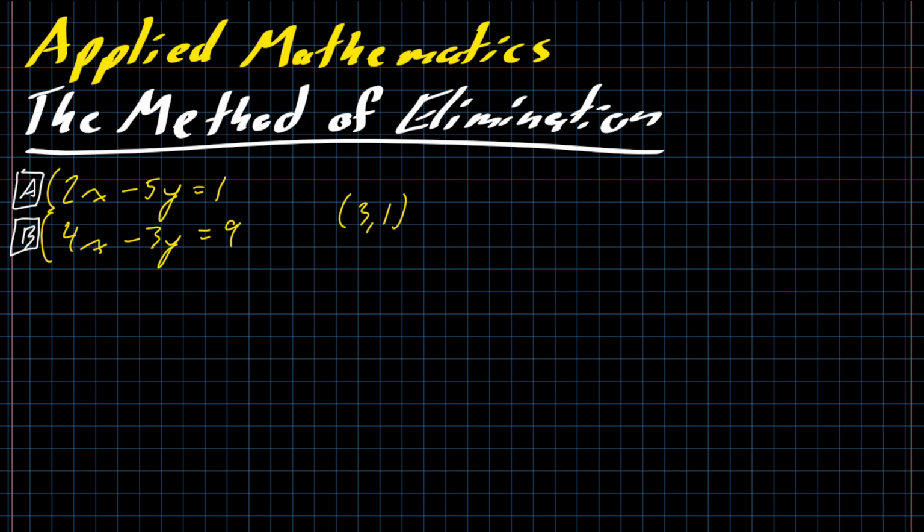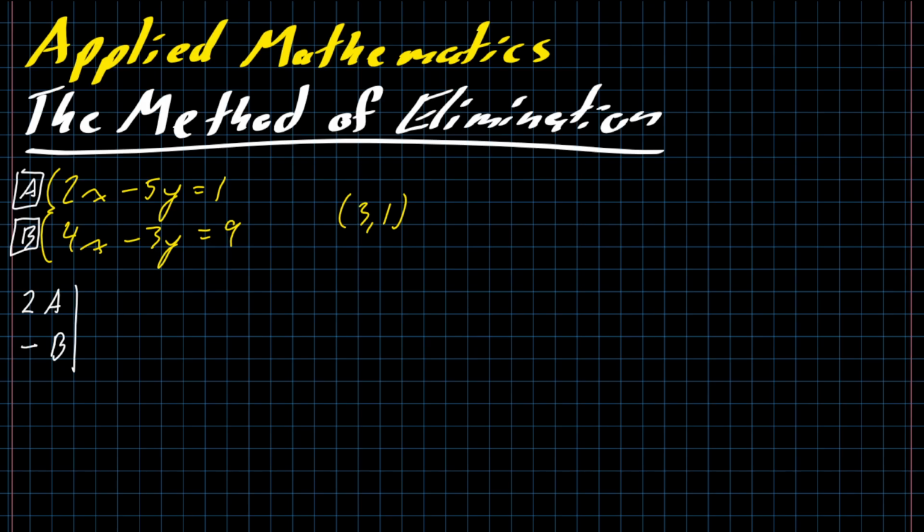It doesn't matter which way you go, but generally speaking, there's going to be one way that's slightly easier and one way that's slightly harder. In this particular example, I might notice the coefficients on x. I have 2 and 4. And 2 times 2 is 4, so that's an easy one to figure out. If I wanted to eliminate y, I'd have to figure out the common multiple between -5 and -3, which is not hard, but a little bit harder. In this case, if I take equation A and multiply by 2, and equation B and multiply by -1,